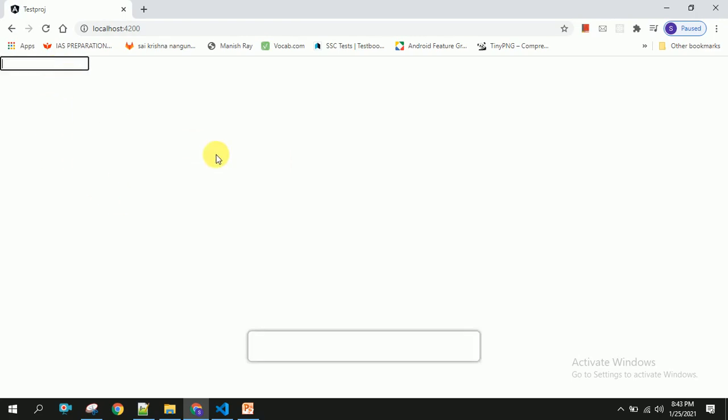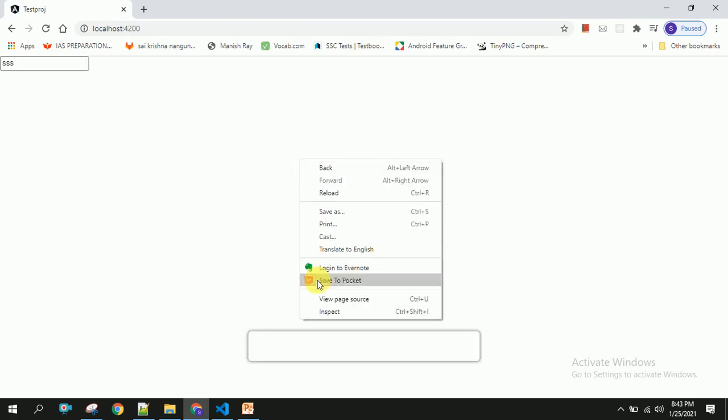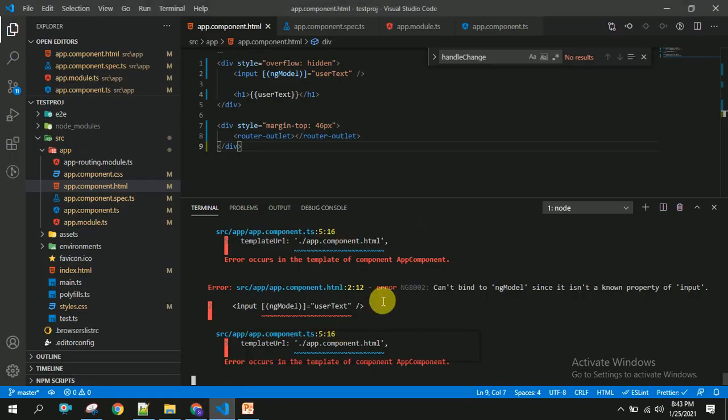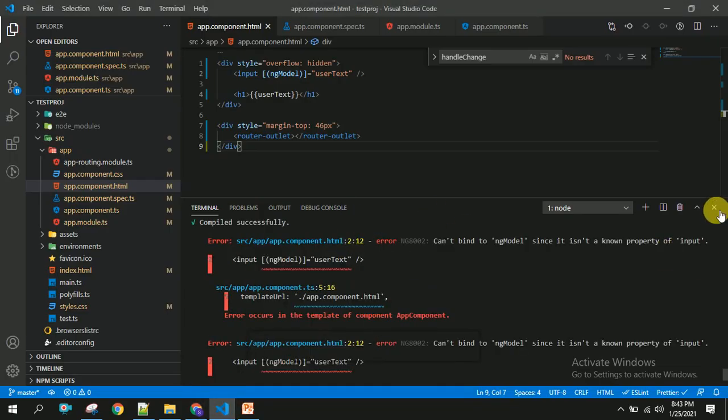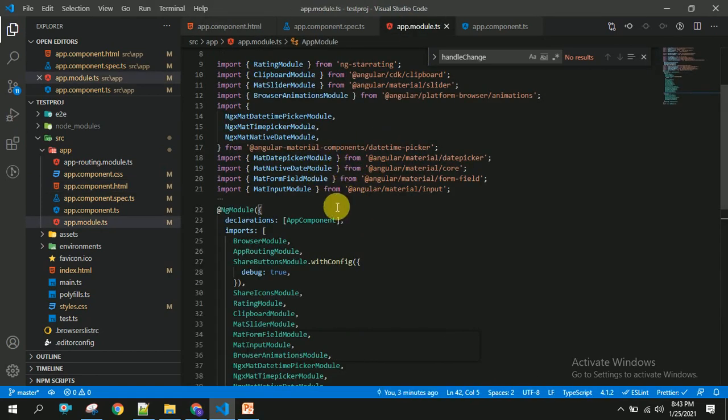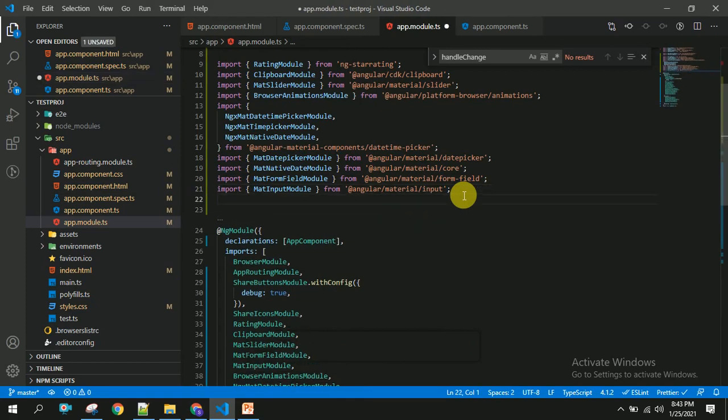If you see here, you will not get whatever the user has entered, because we have forgotten to import forms module in app module.ts. If you want to use ng model, then you have to import forms module.